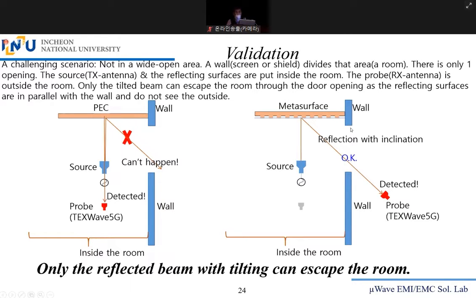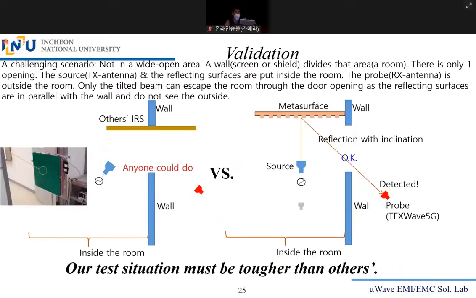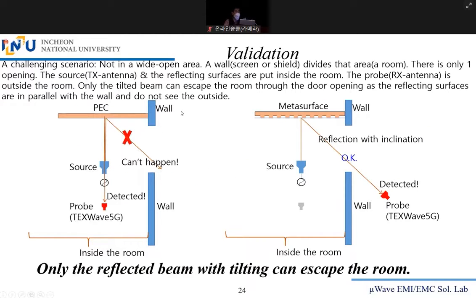This is a door opening. Wall, can you see that wall? The wall can be what? A screen that blocks the energy. So we took this very strict and stringent environment for our test. Here, the wall. If this is a simple metal surface, especially, you can expect, if your metasurface is well